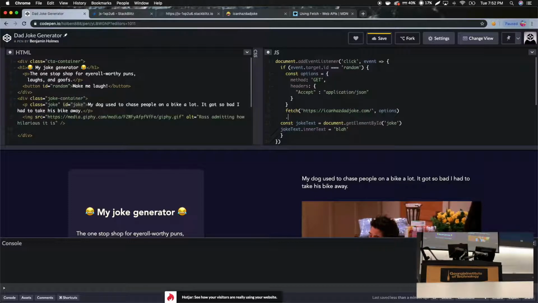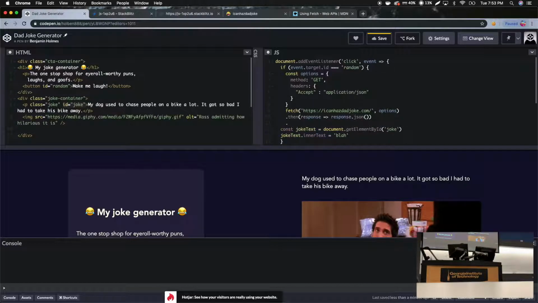And then we do our .then chain, as you know. The response from the server, we want to get the JSON off of that response. This is going to take that response, interpret it as a JSON file on your computer, and then spit out a JavaScript object to you. So this is like an asynchronous call being run on your computer in order to convert the response into something you can use. And then, once that conversion is done, we can take that,